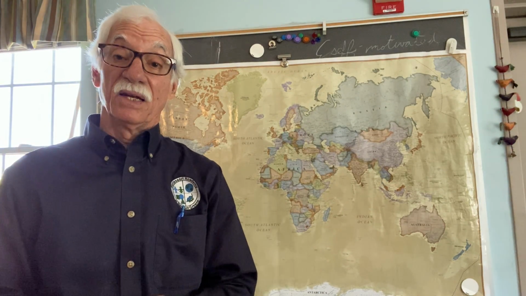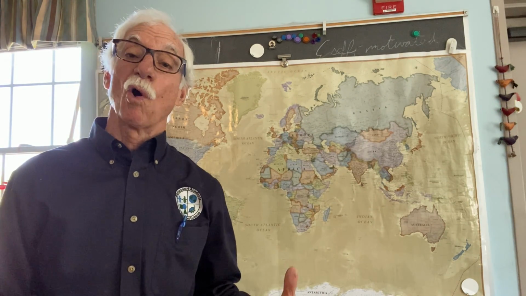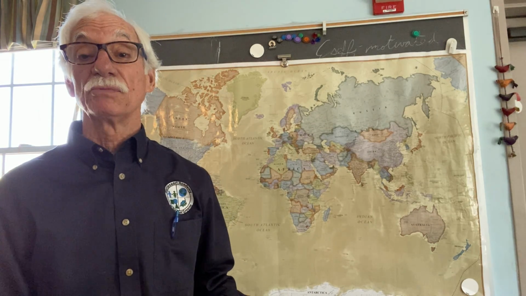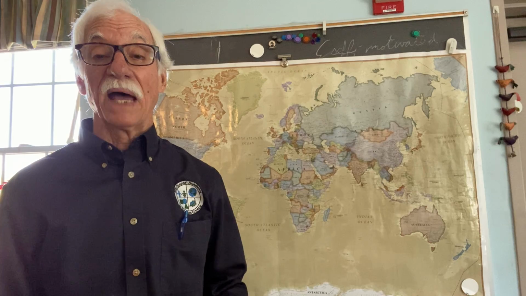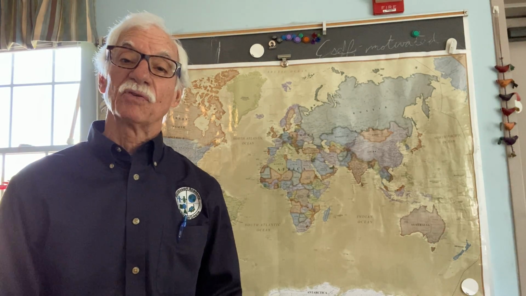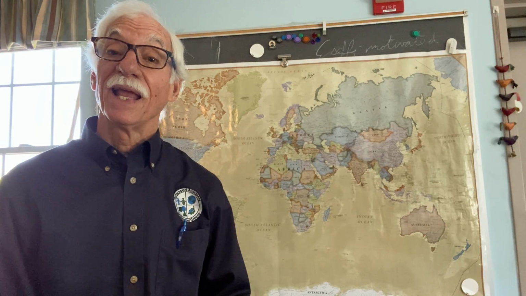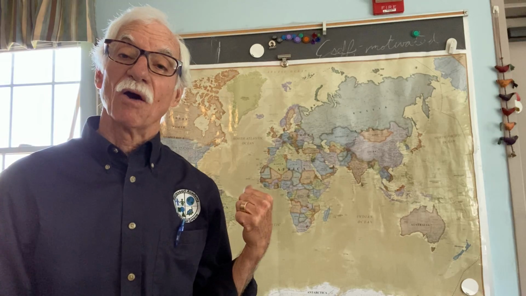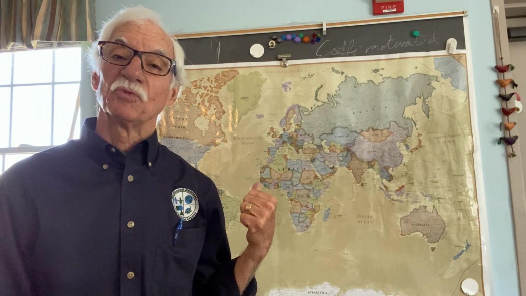So, you've traveled around the world a bit with Mr. T. You now have the concepts of the coordinates that you use to find places on maps that you'd like to go to. Mr. T will come back to you again for another lesson sometime, and we'll always call these, Where is Mr. T? And you and me can travel around the world using our coordinates and finding the places we want to go